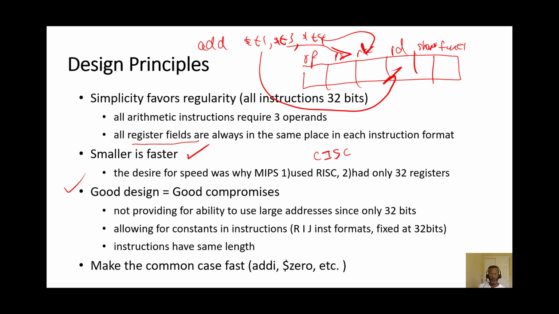And if you do the design well, it's going to take some compromise, but there are some advantages. Since we have to represent every instruction with a 32-bit word, we're limited as to how many instructions we can represent, and we want enough. We want to make sure we have enough instructions so that we can do what we want to do, but we don't want to add so many instructions that the hardware gets too complicated. So the things that we do most commonly,